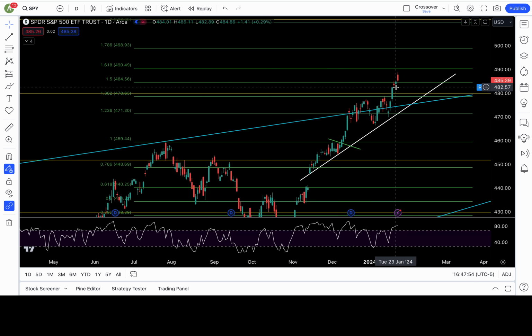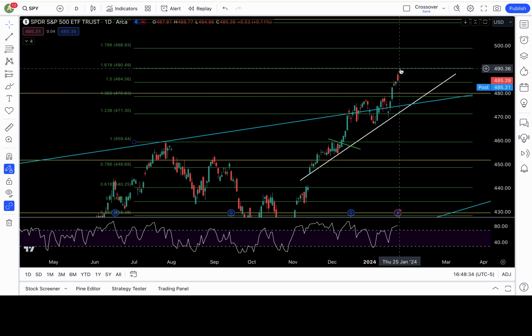Why? Because we broke out Tuesday. So a break back below would give us that false breakout setup that usually puts in tops. However, if bulls somehow keep the price above 484.5, that means the breakout from Tuesday stays intact, but we'll have to clear some resistance levels. The resistance levels I'll be watching are 486.5 and today's high at 488.7. If that level clears,